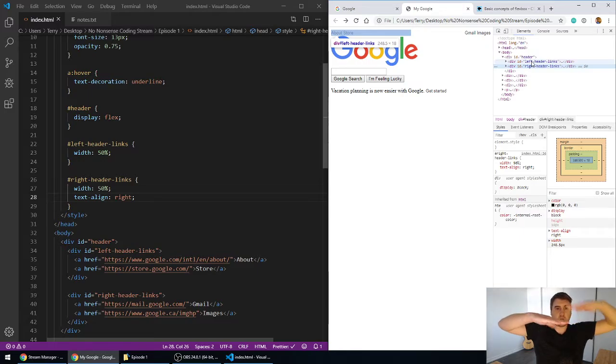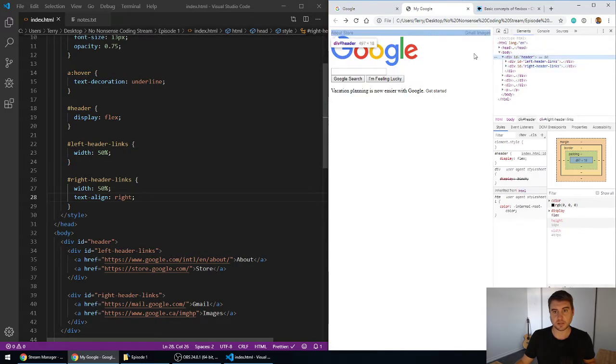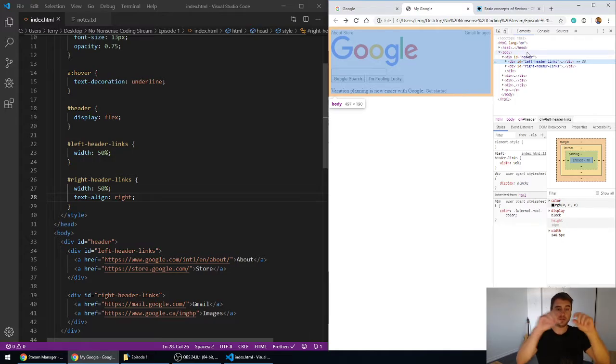But one of them, I want the stuff inside that to be on the right side, which is the right header links. So now I've added the extra rule to align the content within there to the right. So now you can see that you have this master container here that covers the whole thing. And then inside of that, you have the two separate 50% widths. And now those are 50% of the total